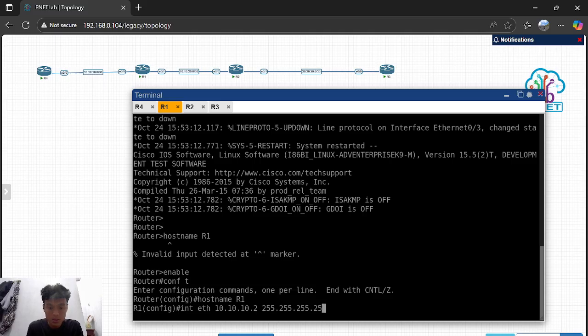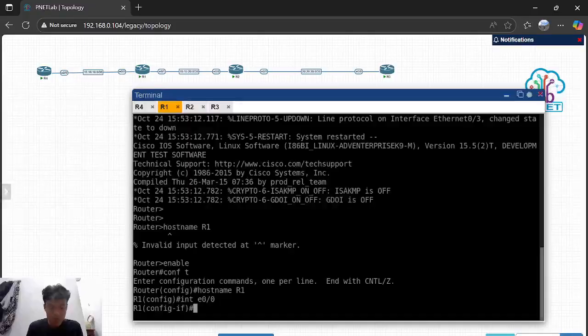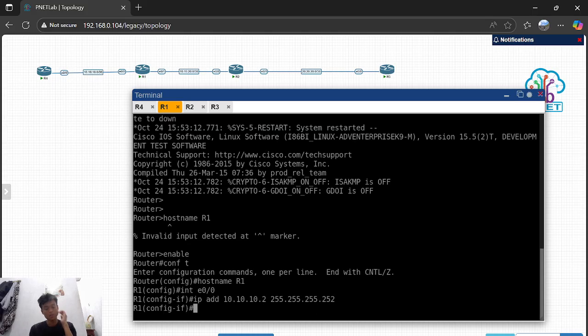After this, you can add the IP address with subnet mask, like this.